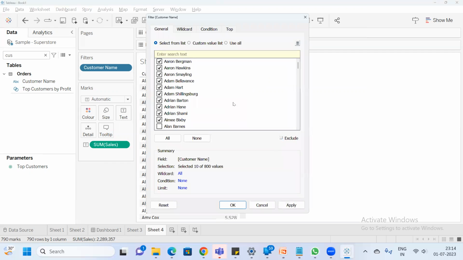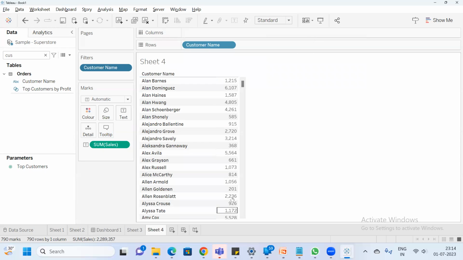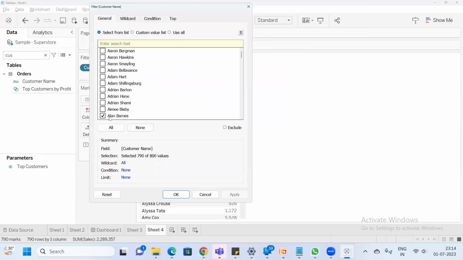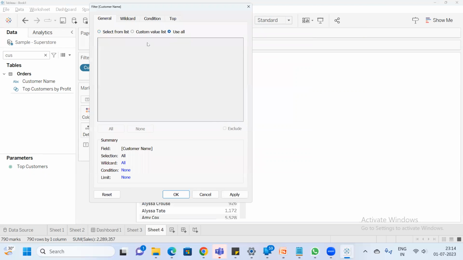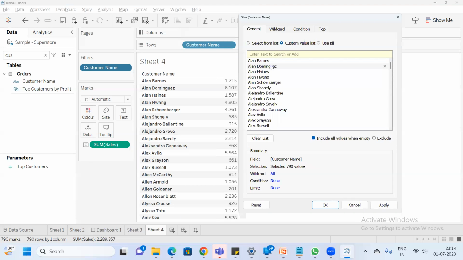Or you can select all and uncheck this. So you can do it the other way around as well. So you can unselect those things. So this is a manual selection where you can select manually, and you can specify use all, or you can enter the custom value list as well. Let's say,